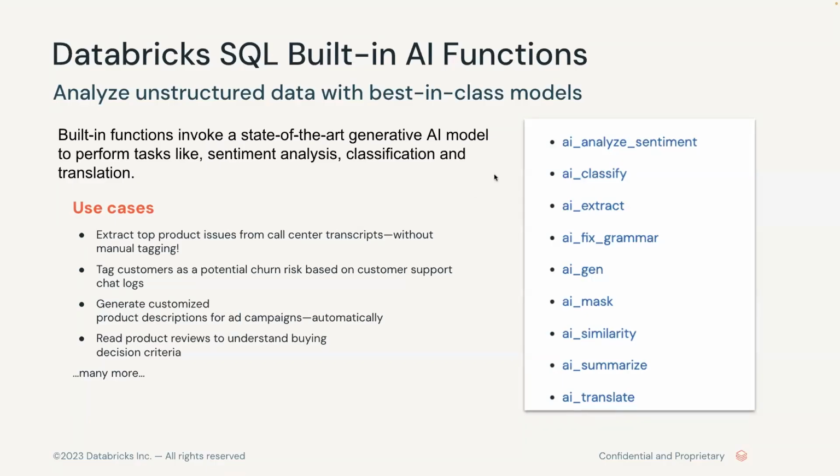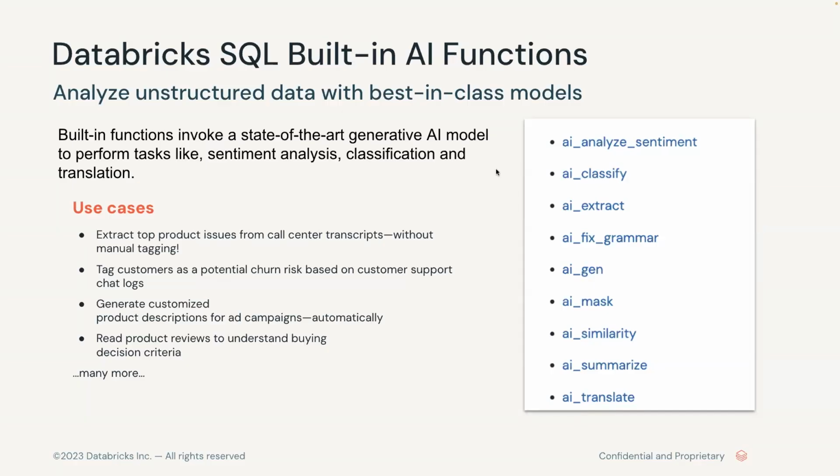And one really good thing I like about these AI functions is that they are easily callable. If you want to understand how it works, what you need for an AI function is the name of the function, then you can type which model you want to use for this AI to run, and then what you want to do with that. That's it. Just 3 to 4 parameters, and you should be able to get your output easily. And you can call this function in the SQL editor or a SQL cell in the notebook, and the possibilities are infinite.